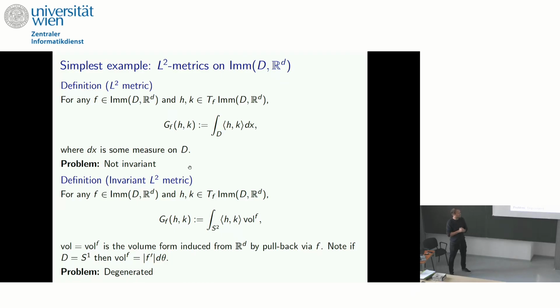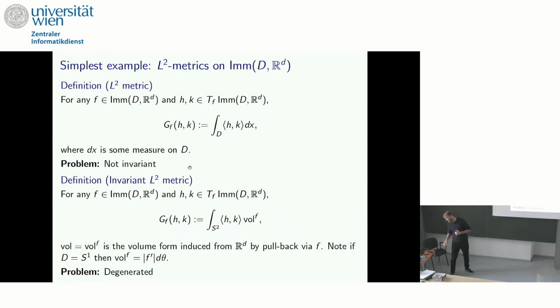Okay, so the next thing you can do is, instead of using dx, we use the induced surface measure of my foot point f. So instead of integrating with respect to some fixed dx, we integrate with respect to the volume form of my foot point f. Just to say, in the simplest case, if we are working with curves, what is vol_f? It's just arc length integration. So it's just the norm of c prime, d theta. Okay, this works out nicely. It is invariant, and it will induce a metric both on the top space and on the quotient space.